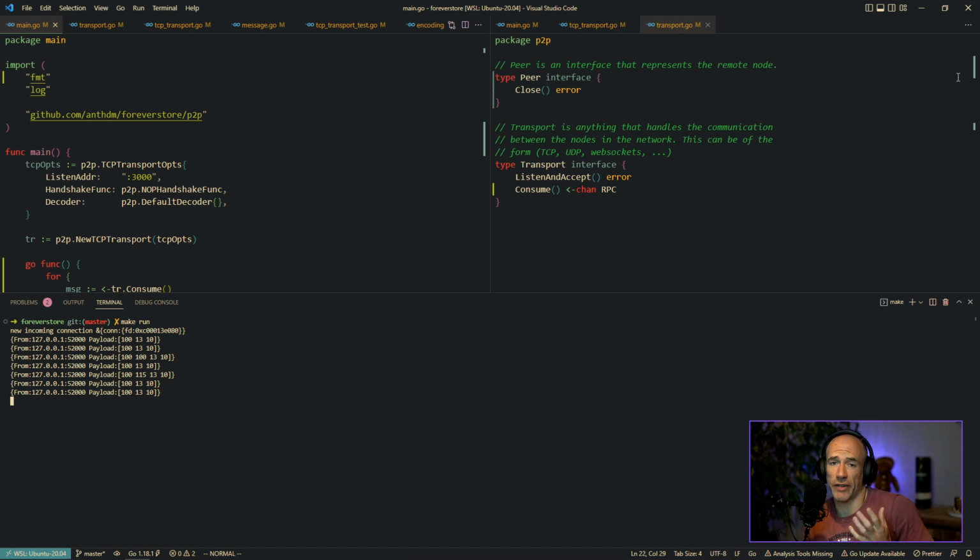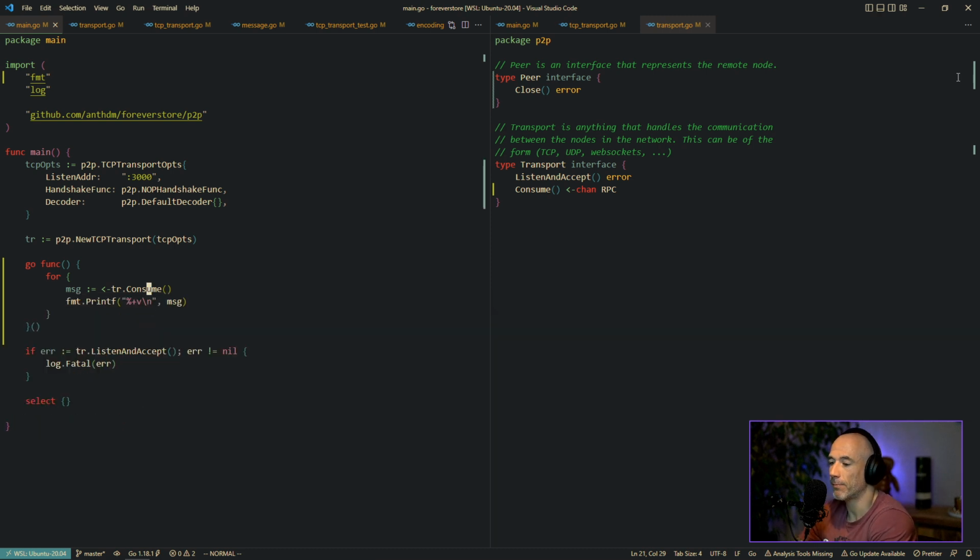It's very important because if we attach a transport to a server or something in some way, then we need to call consume on any kind of transport, and the TCP transport will return its channel. But for example, any other transport will also return its respective channel, which it communicates over the wire. And in our case, it's TCP, but it could be anything, right? We need to make it generic. So that's fine.